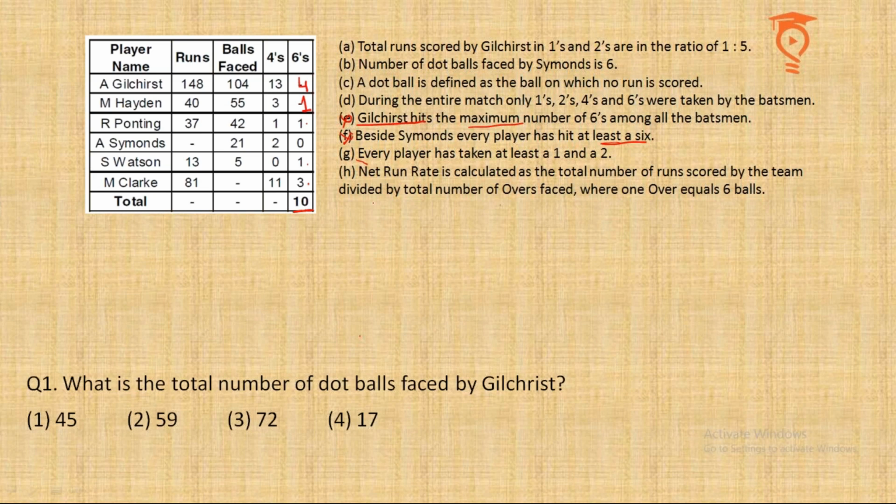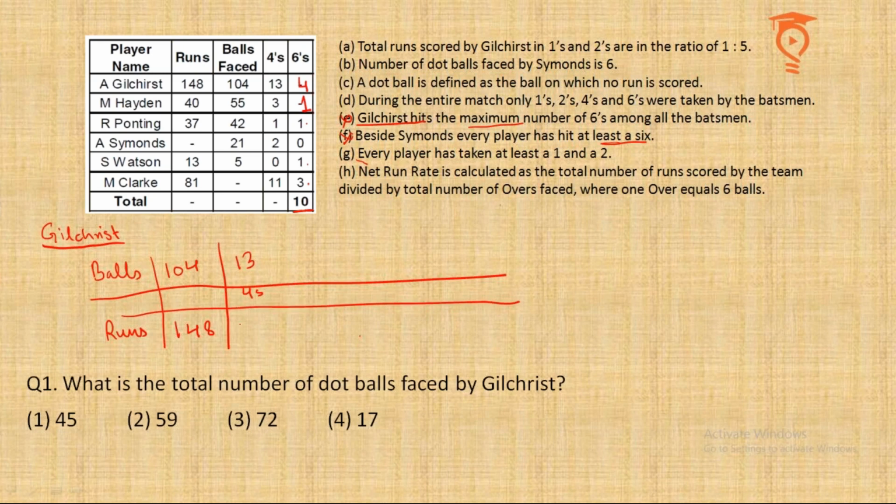So we know the total number of sixes hit by Gilchrist. We can actually talk about Gilchrist's table. So we'll talk about the balls and the runs. He has faced a total of 104 balls and made a total of 148 runs, 13 fours, which made a total of 52 runs. Then we have 4 sixes, which make 24 runs. So out of 148, 76 runs are made by fours and sixes. So the remaining 72 is to be divided in the ratio